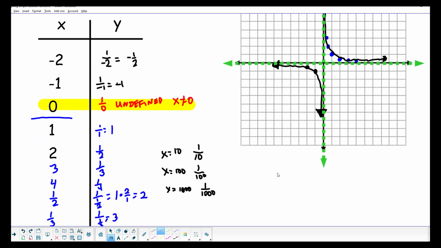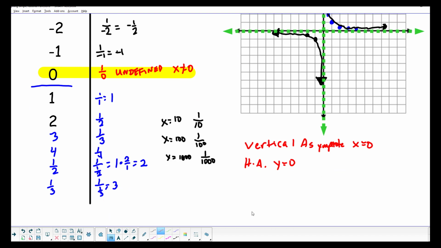So what that tells me is that my vertical asymptote, I can write out that equation, as x equals 0. And then my horizontal asymptote, and I'm going to start abbreviating these as VA and HA, is going to just be very simply y equals 0. So that's true for the parent function. Now these asymptotes are going to move around,